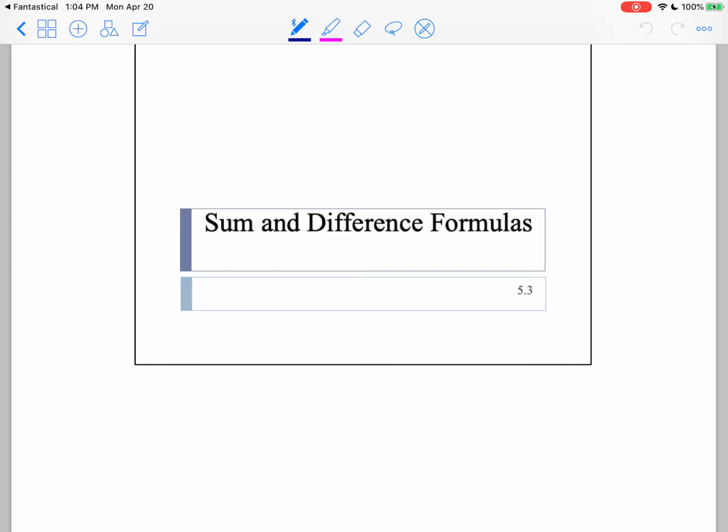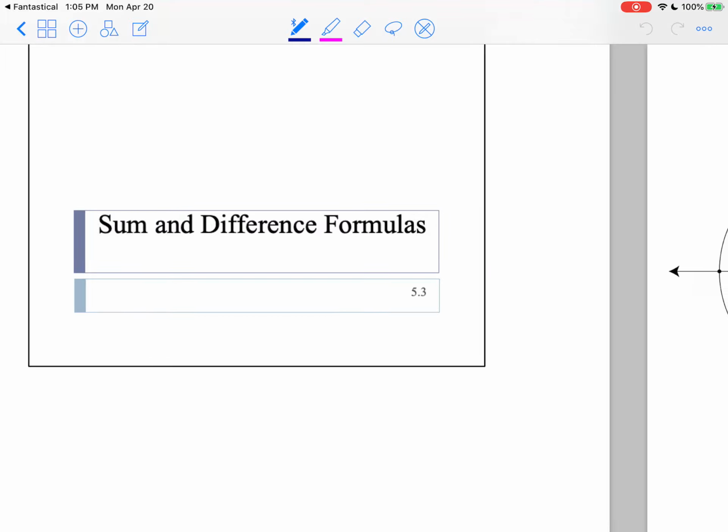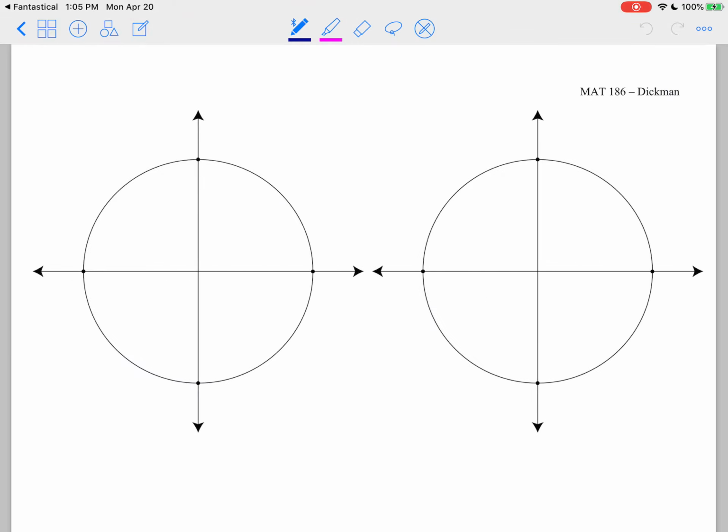So I'm gonna prove, or try to prove, the difference formula for cosine. And so that involves 2 unit circles. So this is a unit circle, and so that makes this the point 1, 0 here. This is also the point 1, 0 there. Okay. And so I have 2 separate triangles that I'm going to draw here, and I'm going to do my